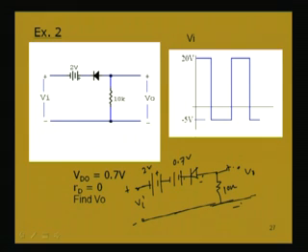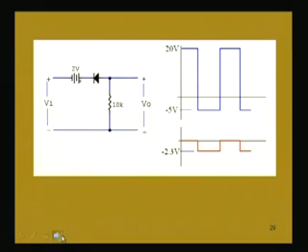So, when it does not conduct, there is no conduction of current and this drop is 0. So, we get this 0 drop in this positive half cycle, as it is not conducting. Now, in the negative half cycle, if you consider the negative half cycle,